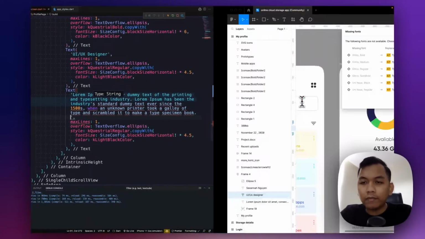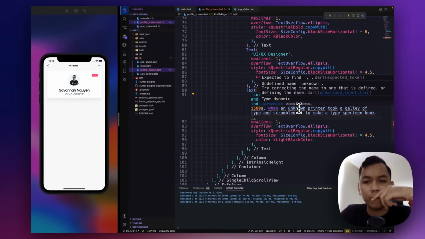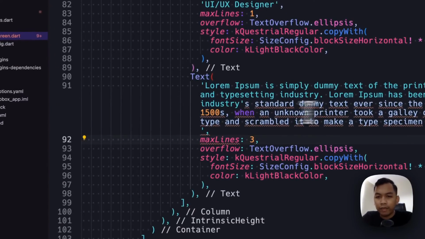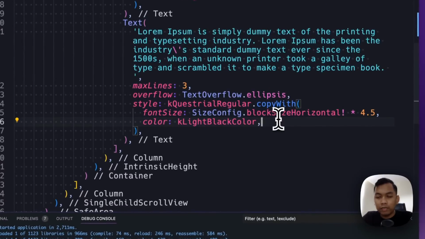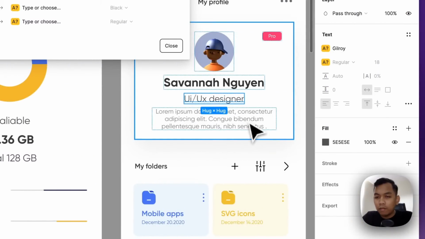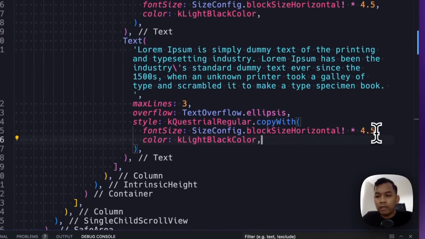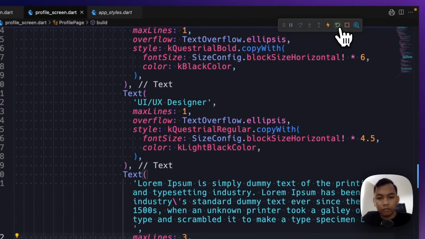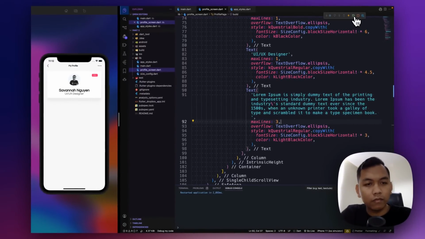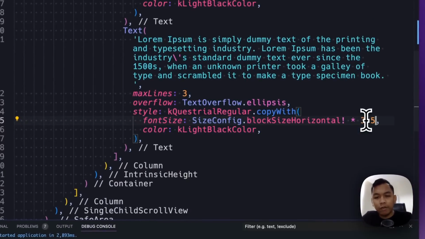Maximum line, I think 3, maximum line 3, and it will be ellipsis. The size, I think it will be 3. All right. How about 3.5?